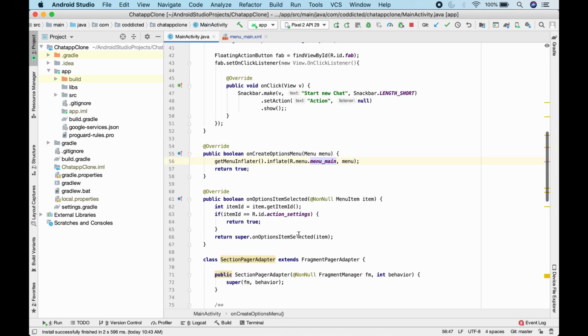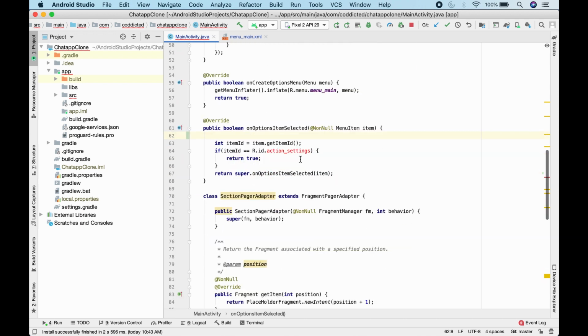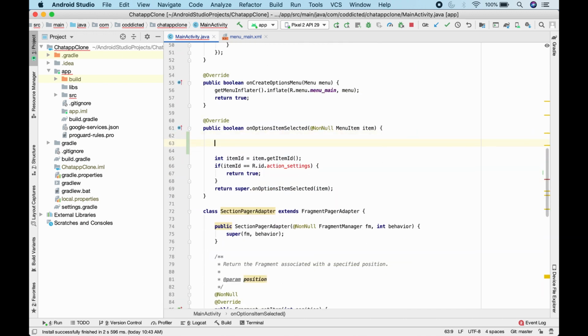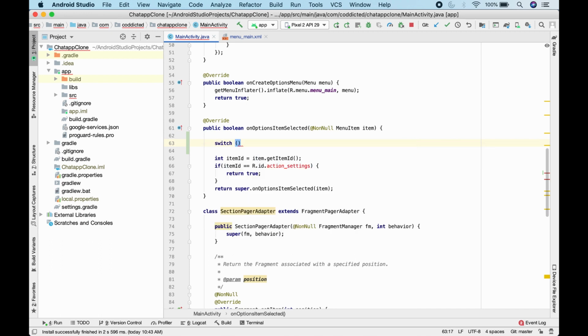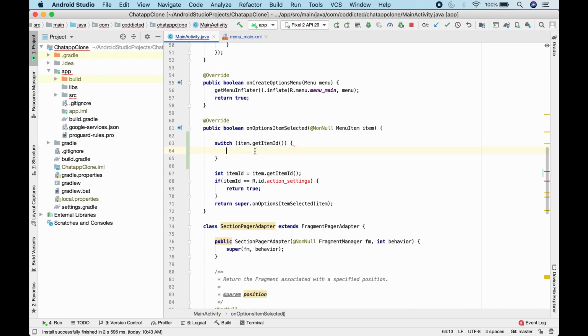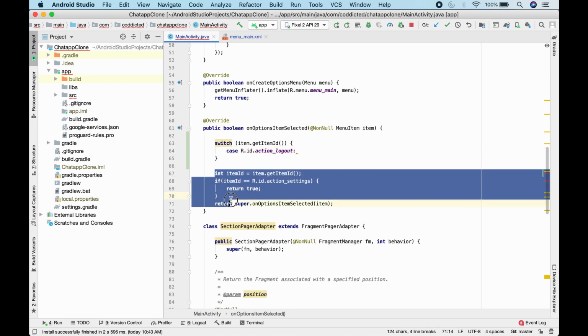Let's go back to main activity. Now here in our options item selected, we will change the implementation from if else to switch case, because we will have a few more items within this menu. So we write switch item dot get item ID like this, and the option case R dot id dot action logout, right. We can remove this now,